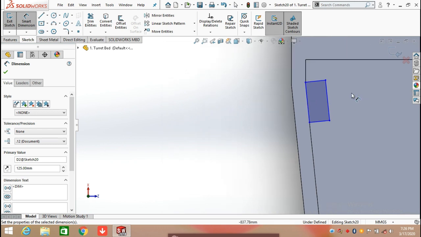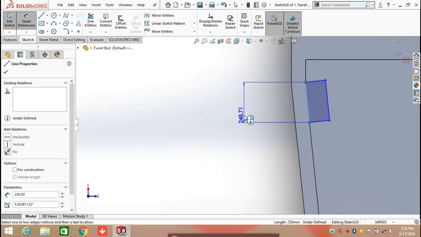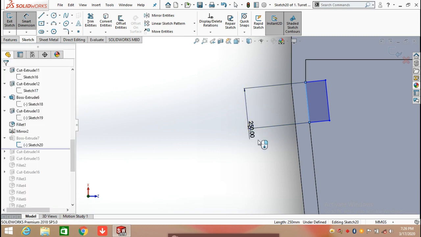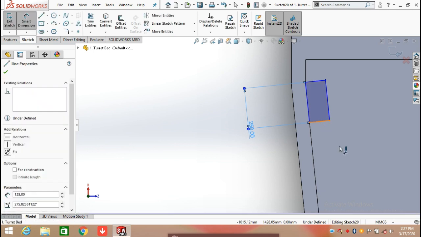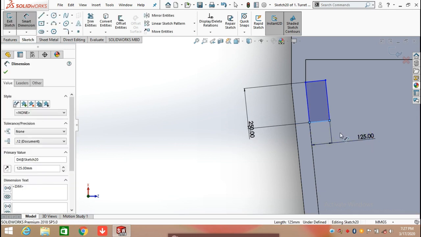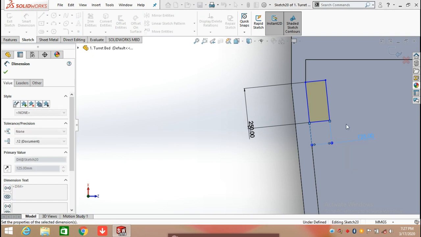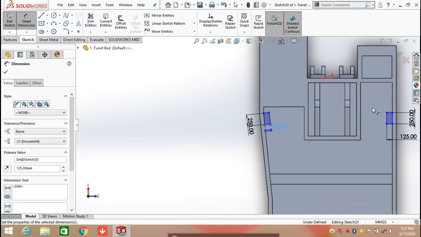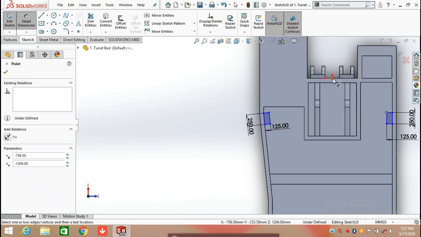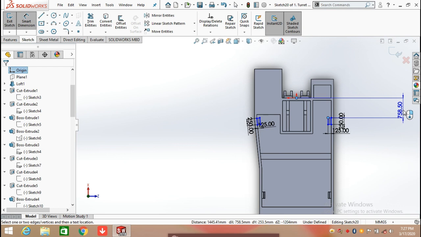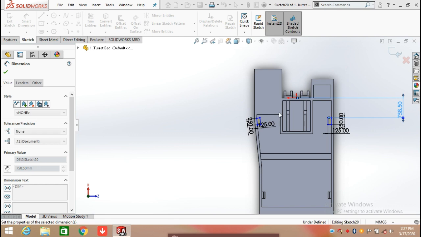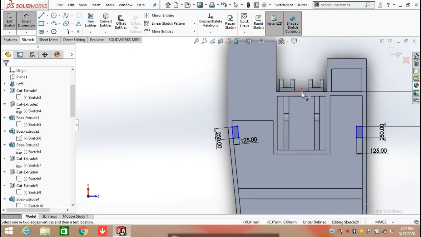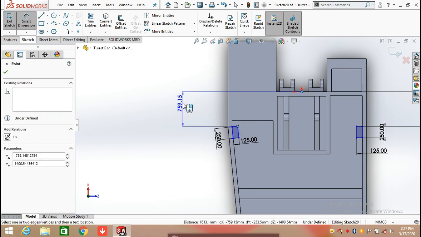Continue with the line command. Again draw a rectangle, defining its length and width. This is 250 mm. Now defining its width, which is 125 mm. Now defining its distance from the origin, which is 758.50 mm. Now defining the second rectangle distance, which is 759.15